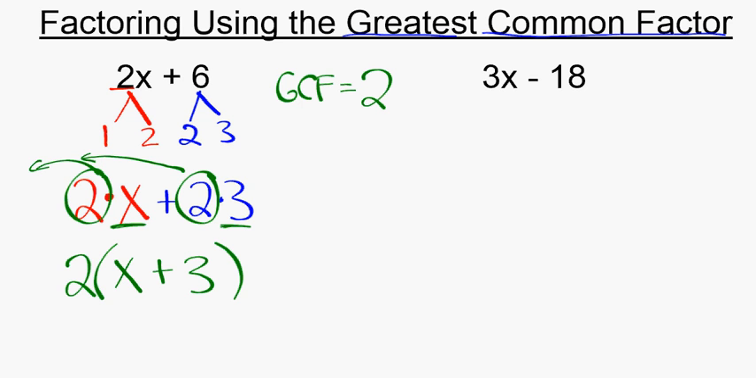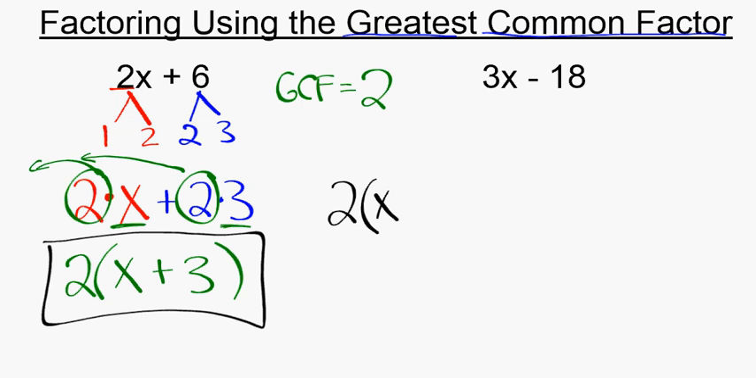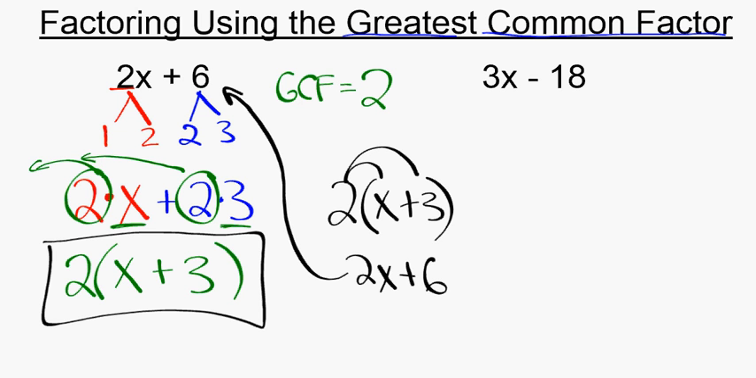So notice what I have here. This is our factored form. If I were to multiply 2 back in, 2 times x is 2x, and 2 times 3 is 6. You see how this matches? Your goal is to factor it and write it as a product of 2 separate expressions. So let's do the same thing